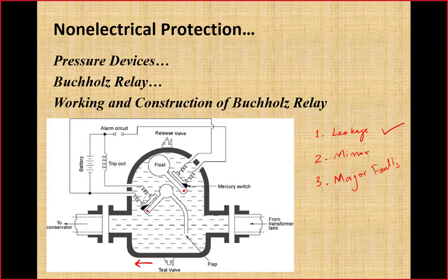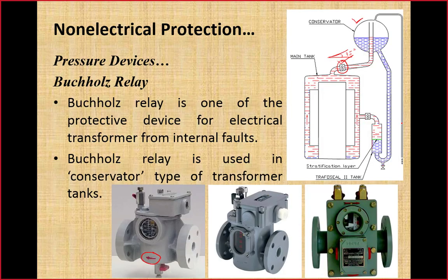So these small bubbles of gases will start accumulating at the top of the transformer tank. Let me move back here. So it will start accumulating over here at the top, and then from this pipe which connects the top of the transformer tank to the conservator, those bubbles produced due to the slow decomposition of insulation within the transformer will start moving through this buccal relay, and once they move into the buccal relay, they will not be able to pass onward.